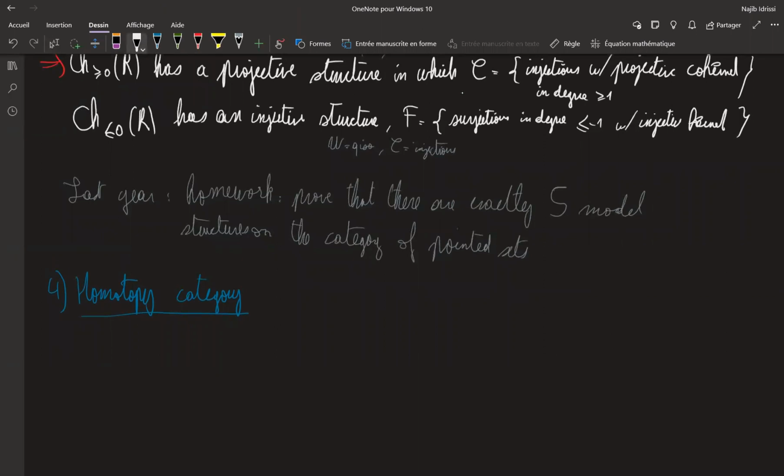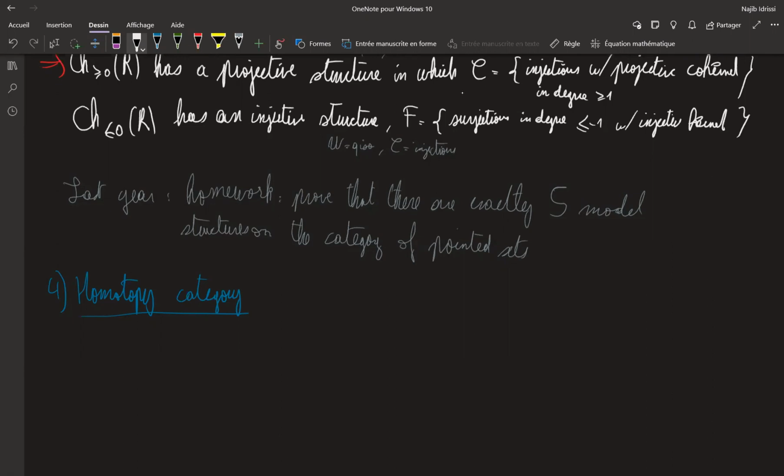So what is the homotopy category? It's something that you saw last semester. It's the localization of a category with respect to the class of weak equivalences. And to define this, you don't need cofibrations or fibrations. You just need some